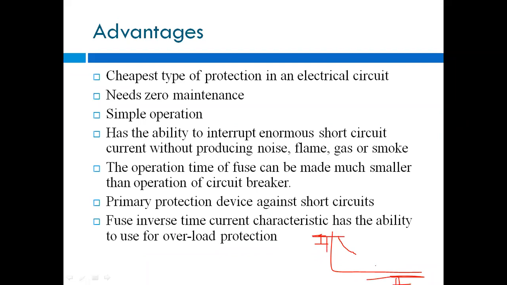As the current value increases, the time required for melting of the fuse decreases. Okay, the time required for melting of the fuse decreases. So that is the inverse time current characteristic. So we can use this for overload protection.